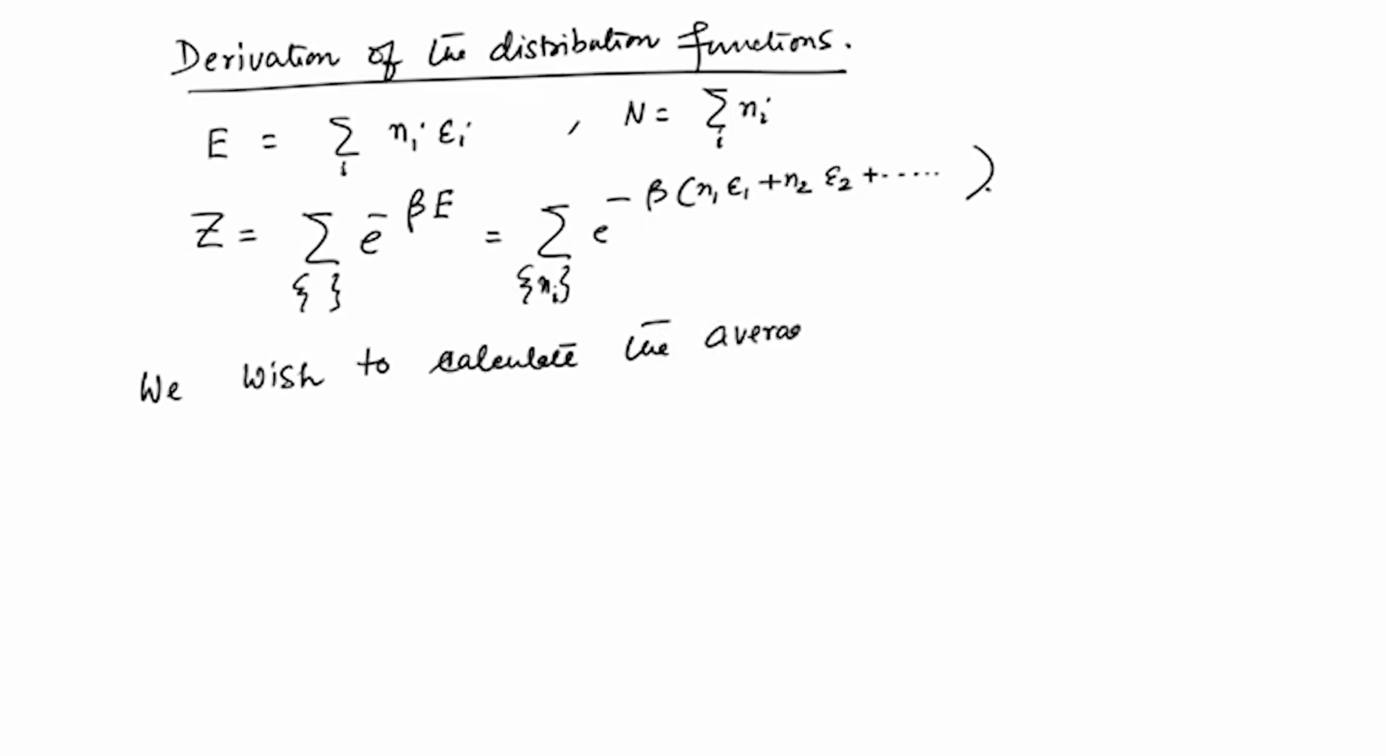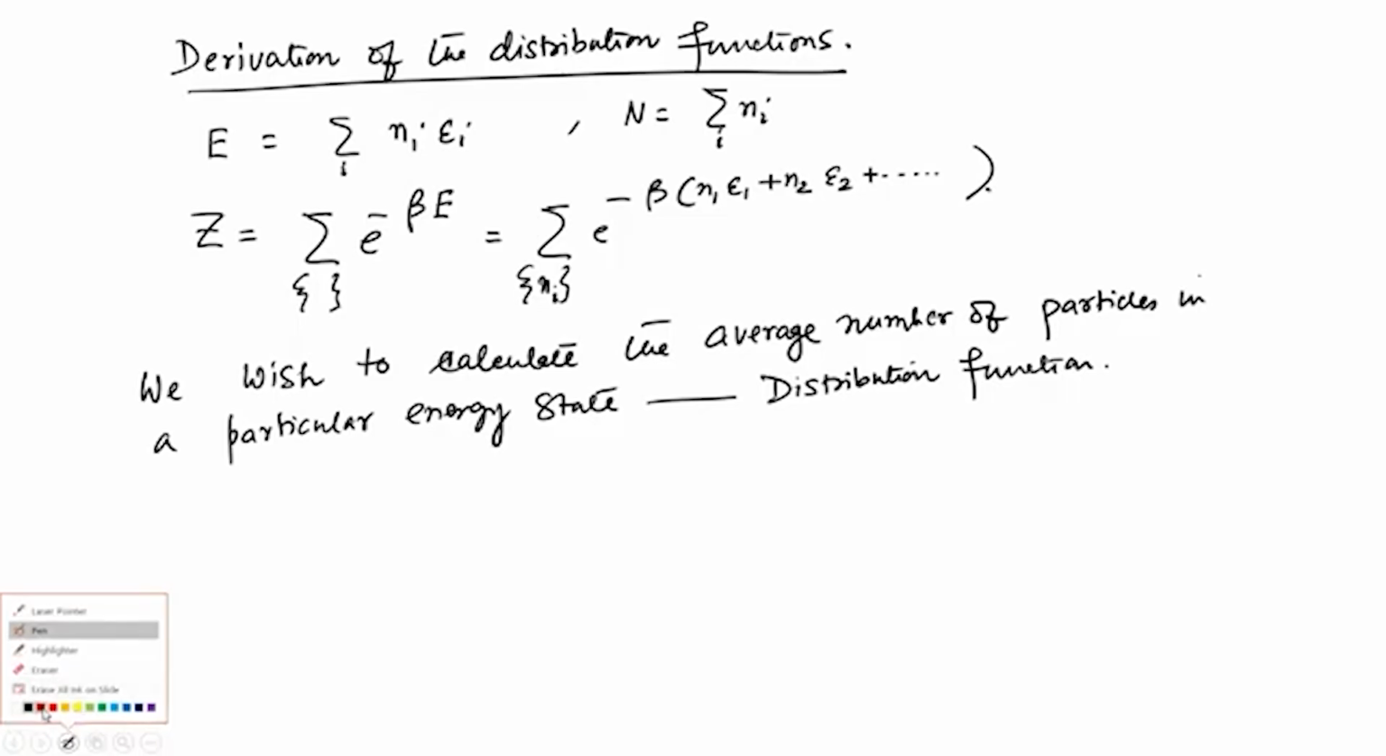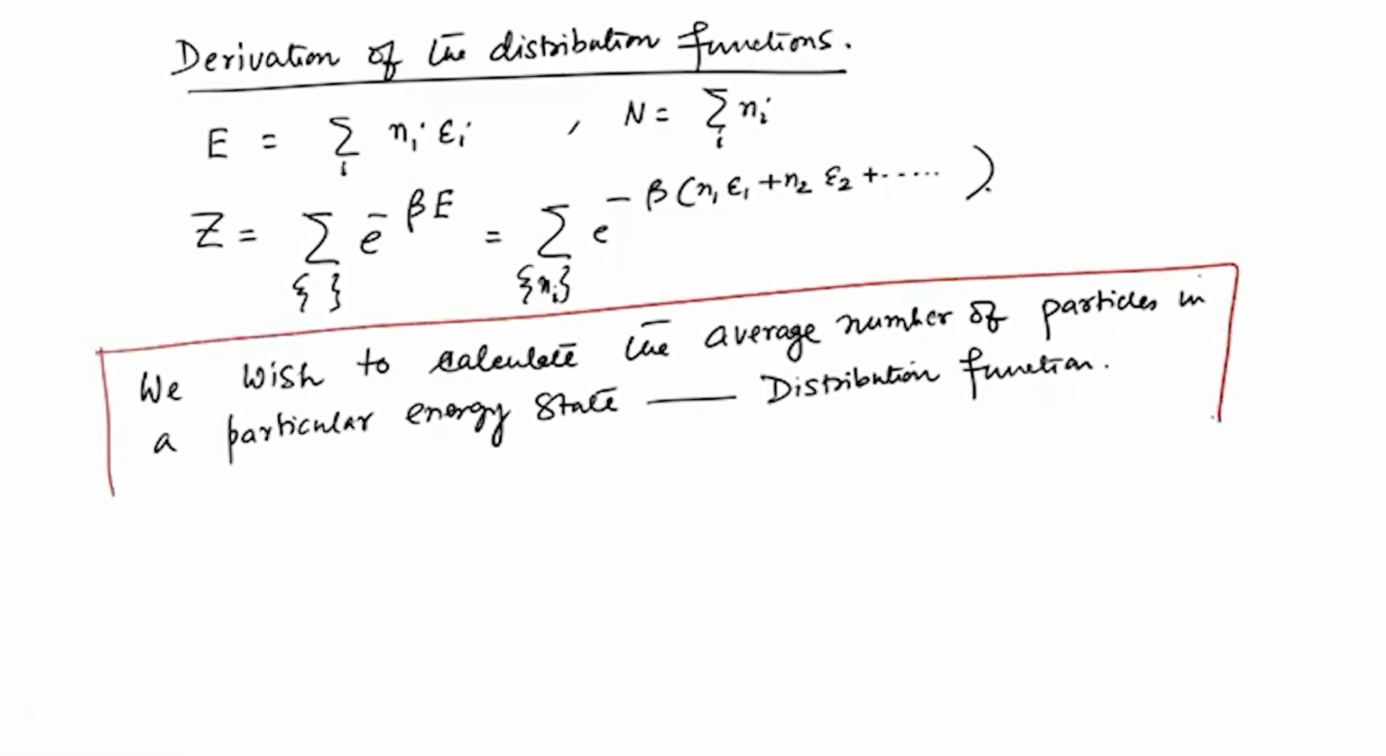Mean or average, they mean the same thing. Particles in a particular energy state, and this is called a distribution function. Okay, so let me box it, because this is an important thing. When one talks about a distribution, what does it mean? It means that we want the average number of particles that could be there in a given energy state,